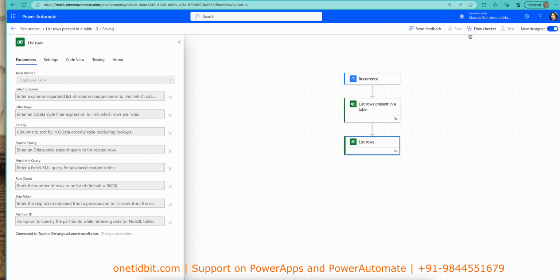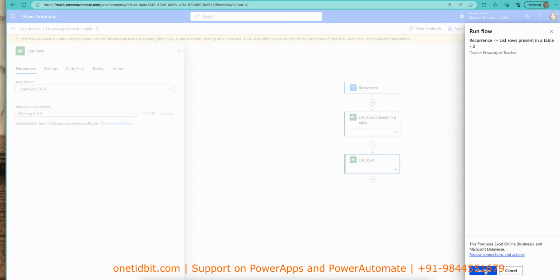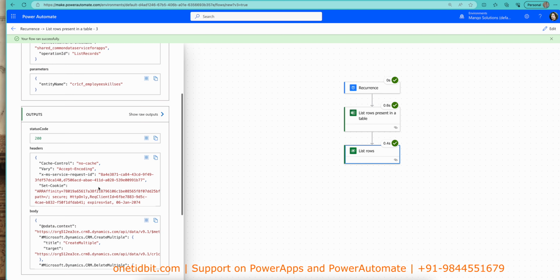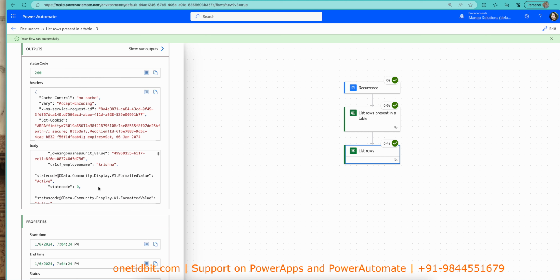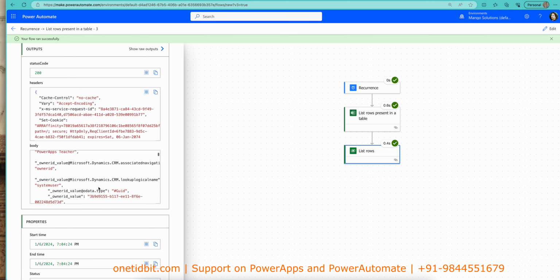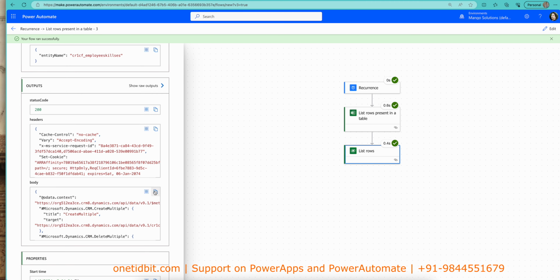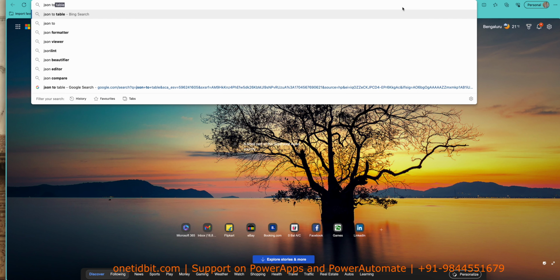So click first, let's see, save. I'm just saving and I'm testing here. Test, run flow, done. See list rows. Okay, you can see here the body, how many rows are there completely. Okay, so if I click this one, just like previously, JSON to table,